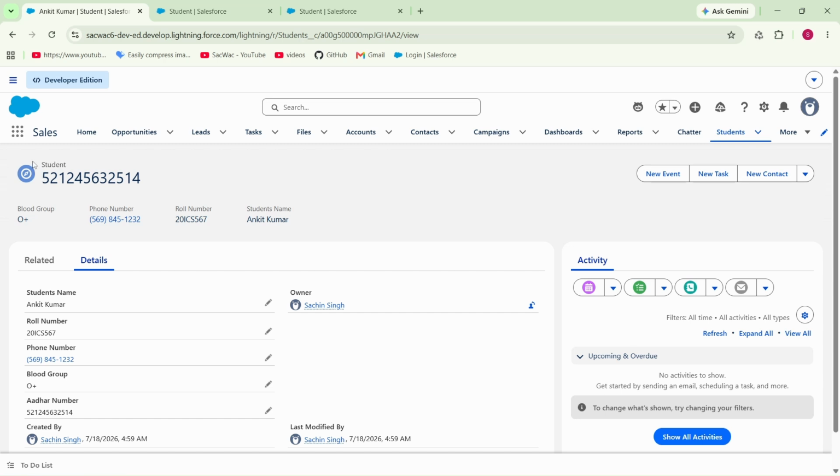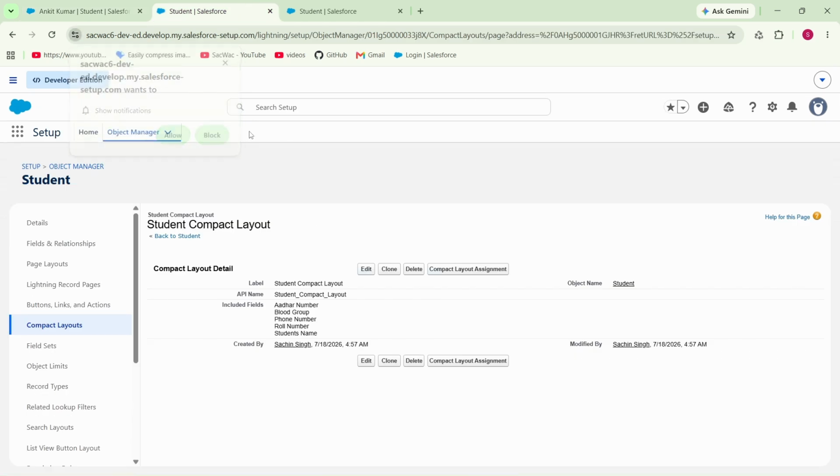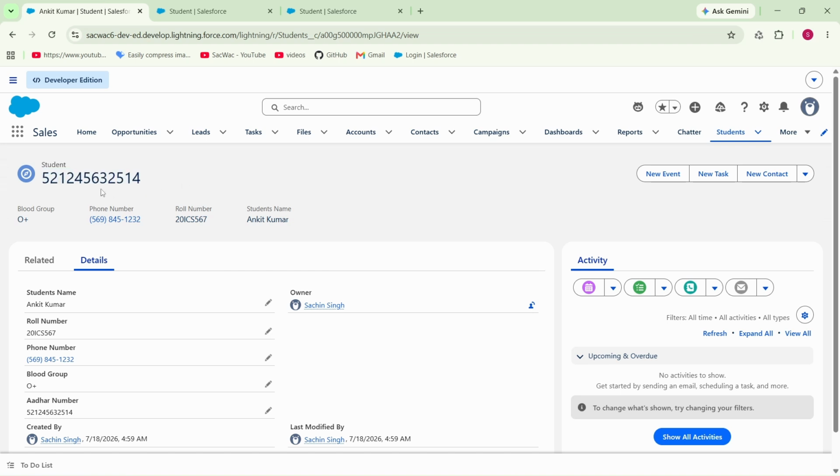highlight panel has been changed and it is showing Aadhaar number at top because when I was creating the compact layout, I chose the Aadhaar number at first. So whatever you choose first, it is going to highlight at top. Okay, so this is my Aadhaar number, this is my blood group, my phone number, roll number, and student name. So whatever I choose in my custom compact layout, I am able to see it here in my highlight panel. So that's how you can create your own compact layout and then use it in your highlight panel to show